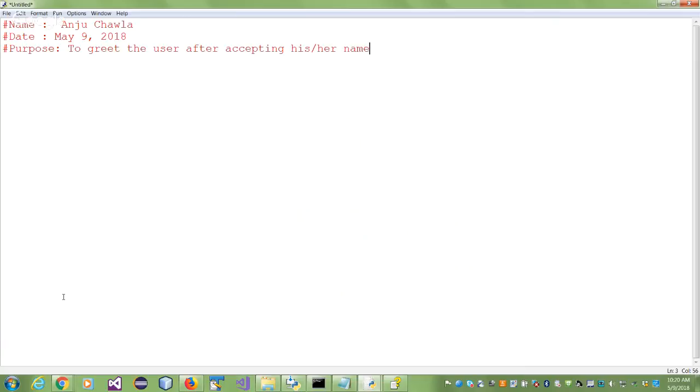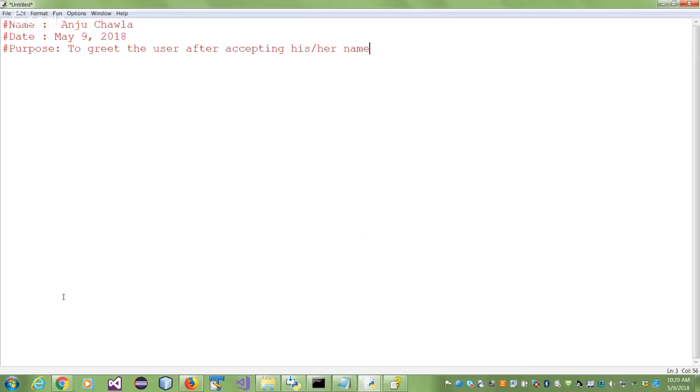Correct English, please. Okay, notice how each line is starting with a hash symbol. The hash symbol in Python is used for commenting. Anything that starts with a hash and whatever follows it is a line comment. So you have to put it in every line.